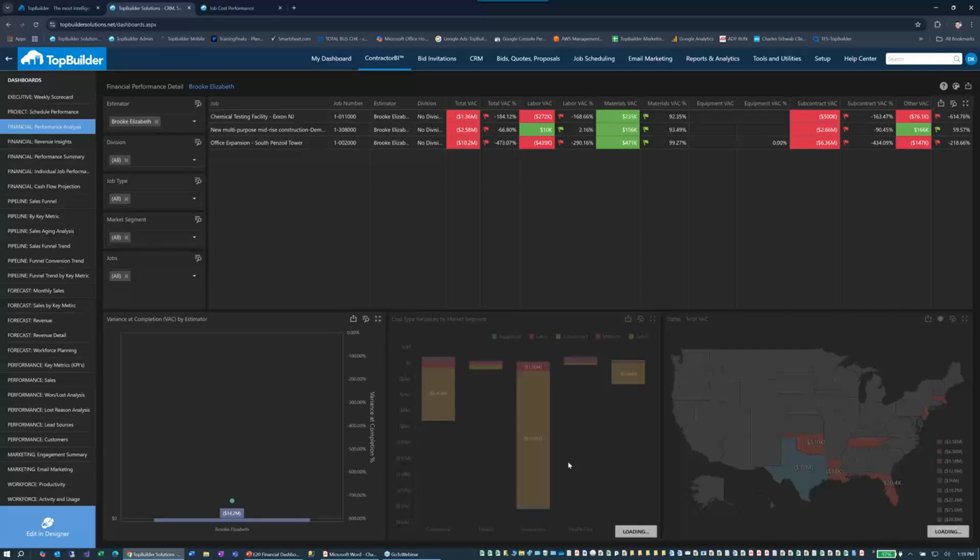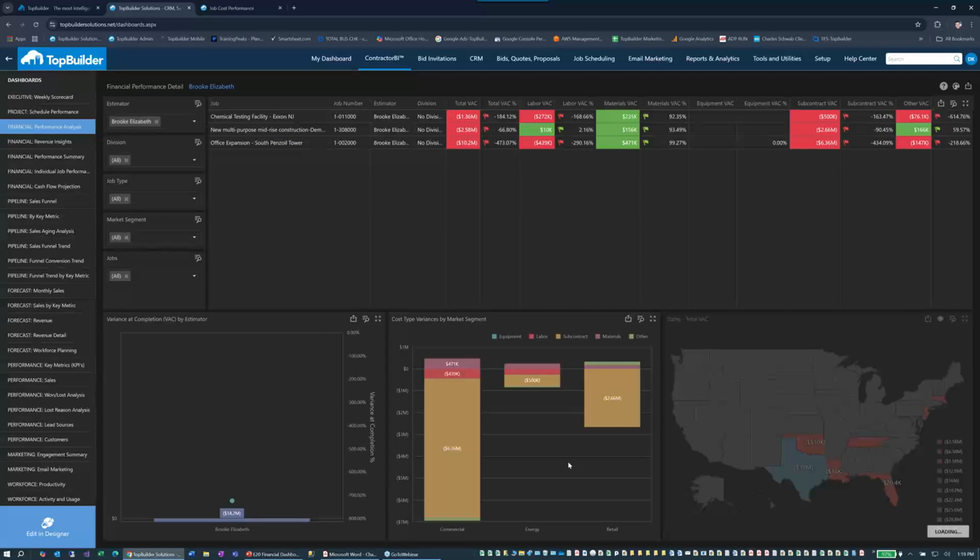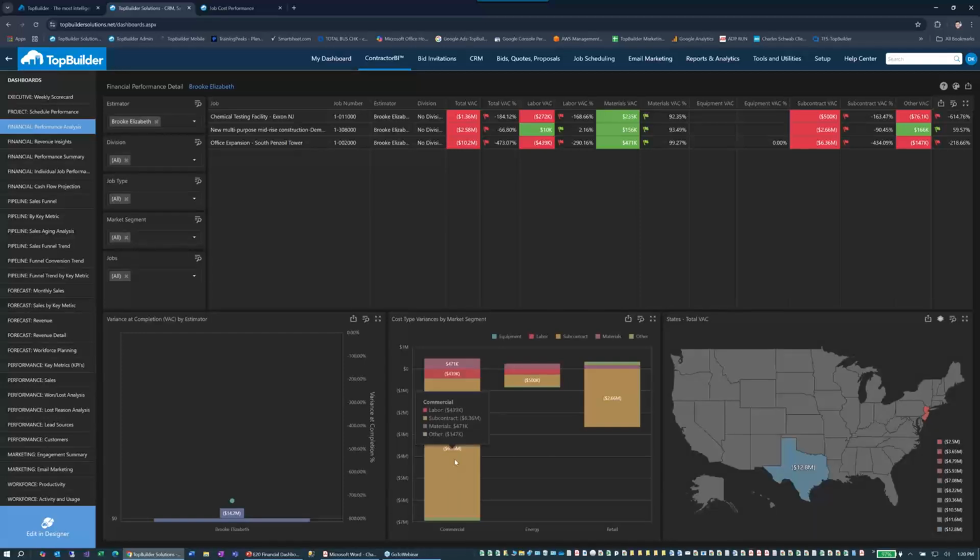And it looks like, again, she's really got some challenges in the subcontractor category. And so we've got a lot of overages there. So in the future, we'll look at that. Are we underestimating how much subcontract labor we need, or are the prices different than what we are bidding for the project? I don't know, but you've got to go look at it,